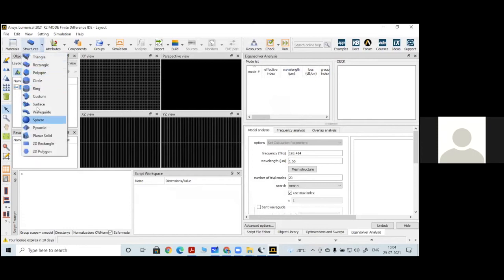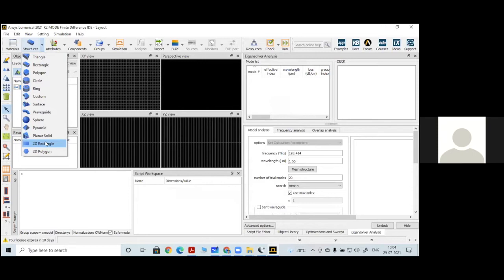In the structures, we have almost all the different types of structures, from triangle to planar solid, which are all 3D. Whenever you want any two-dimensional layer, like a graphene sheet, graphene is a 2D material, so I cannot choose a 3D block to define it, but I can choose the 2D geometry, the rectangle, for the graphene layer.